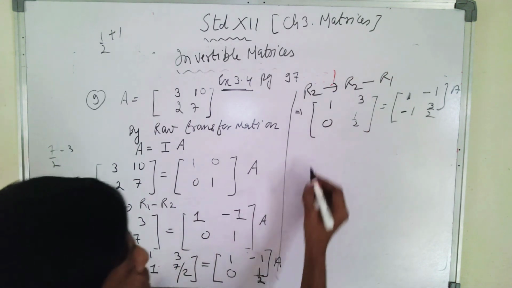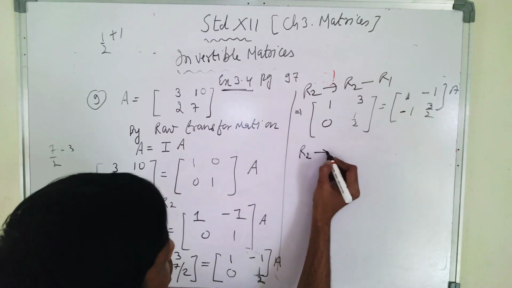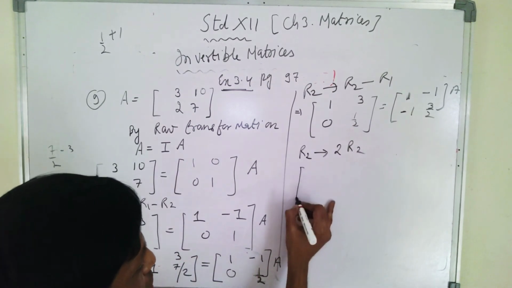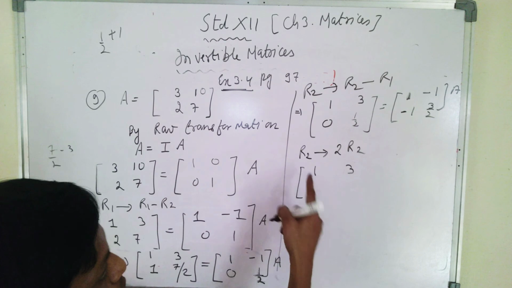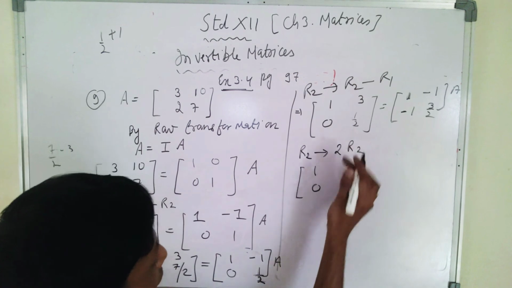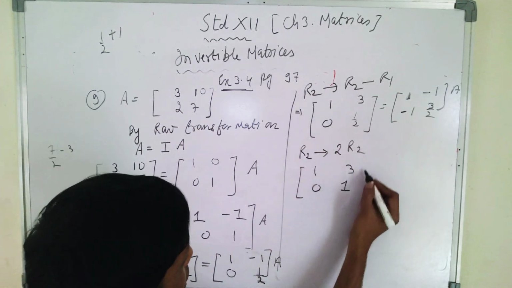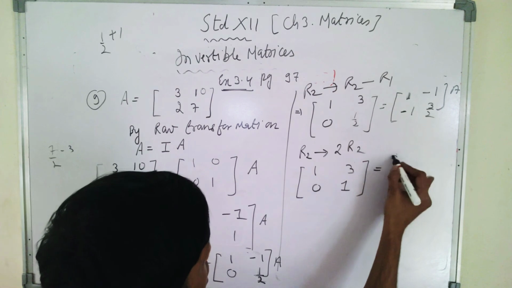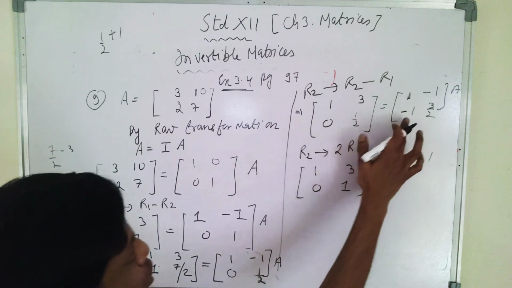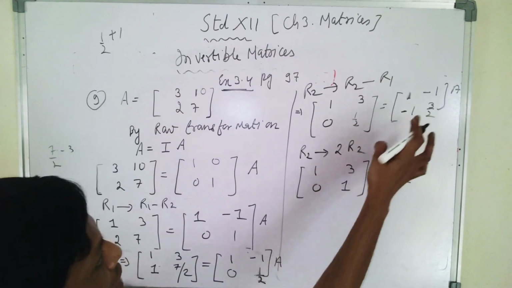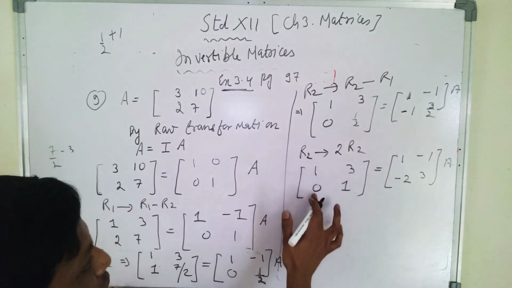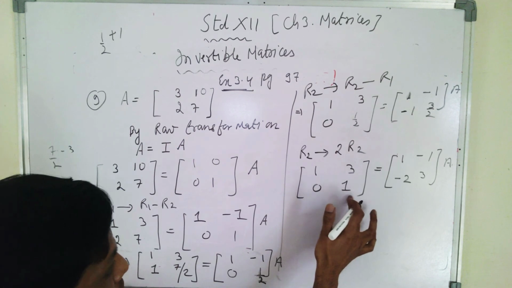So what operation I am going to do? I am going to say let R2 change to 2 times of R2. So there is no change in R1, but you are multiplying each element of row 2 by 2. So 0 into 2 is 0 and half into 2 is 1. Same way here, there is no change in row 1 element, but row 2 is being changed, multiplied by 2. So 2 into minus 1 is minus 2, and 3 by 2 into 2 will be 3. Okay. 1, 0, 0, 1. Already this has been made 1 irrespective of the order.